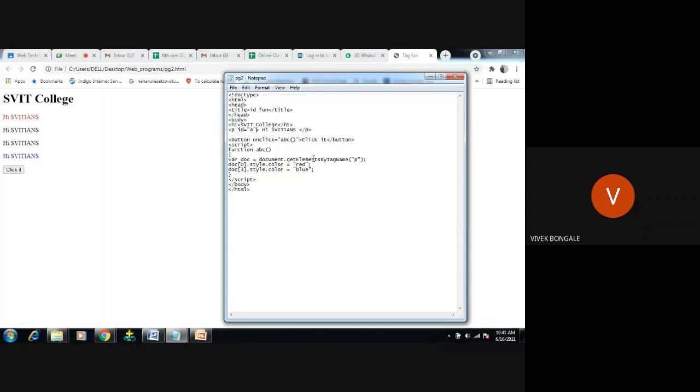Right. So we'll keep the same function. But we don't need all these things, right? So what I will do, I will remove this. What we're trying to do here, we are trying to access this element. I will explain what I'm doing here.